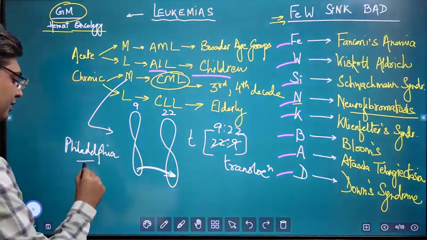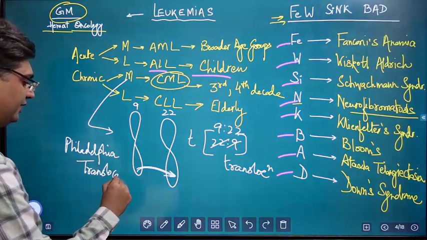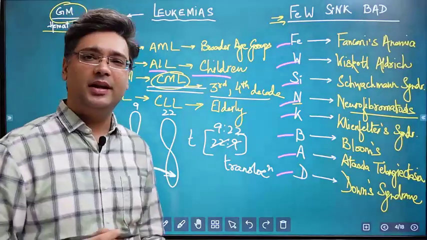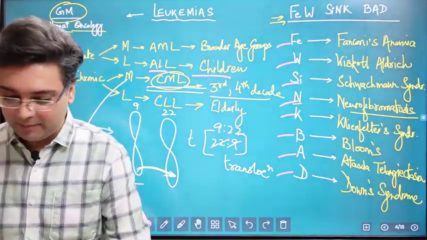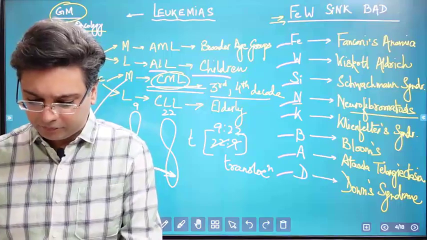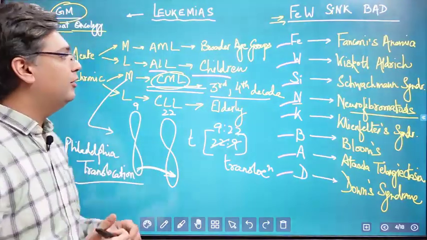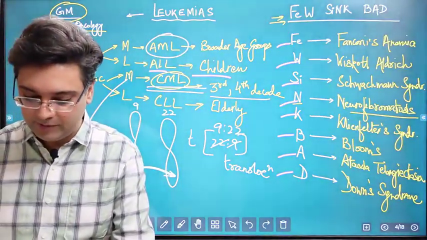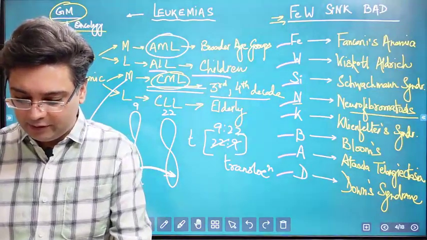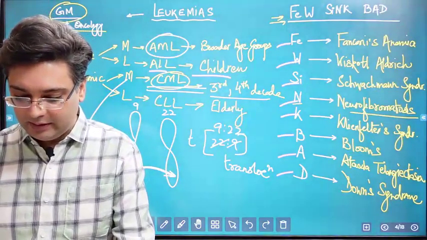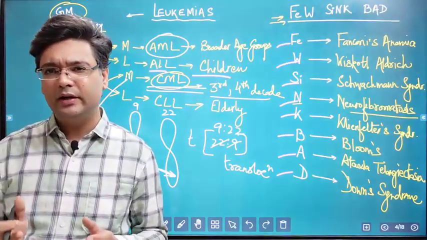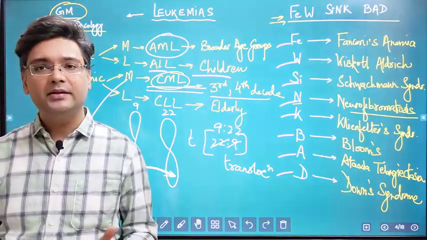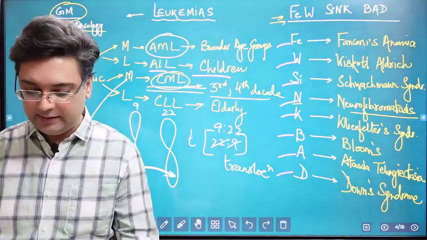Philadelphia translocation, right? So Philadelphia translocation is a part of CML, and it has been asked time and again in multiple MCQs. Okay, so now if we talk about AML here, AML was affecting the broader age groups, and AML is a group of disorders that appears to represent the early stages which are associated with myelodysplasia syndrome, and these cancers basically replace the normal stem cells, and cancer cells are